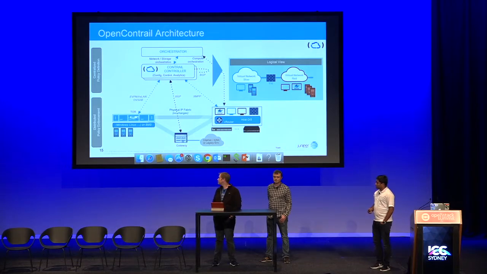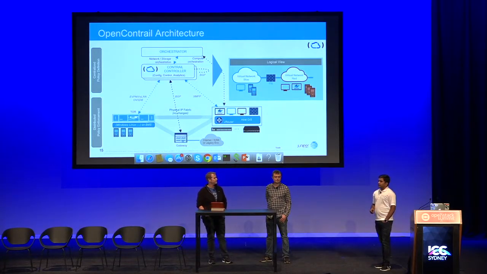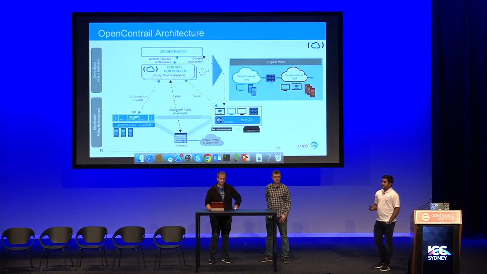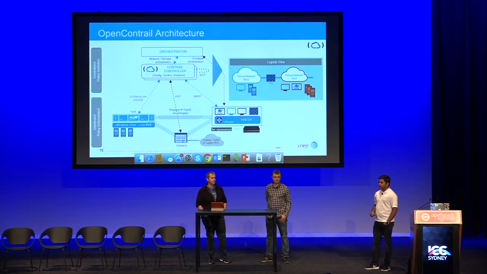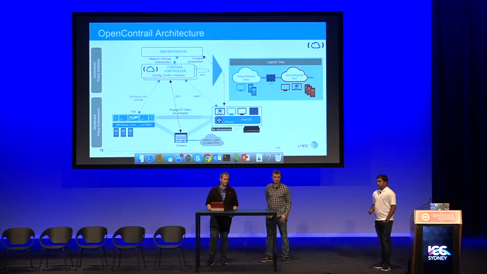For all these orchestrators, let's consider OpenStack as an orchestrator, where we have a Neutron plugin. Contrail controller resources are exposed using a REST API, and those orchestrator plugins use those REST APIs to create objects in the Contrail controller. The Contrail controller comprises three components: config, control, and analytics. Config is the place where we create all the resources, and config is also responsible for converting those high-level objects into